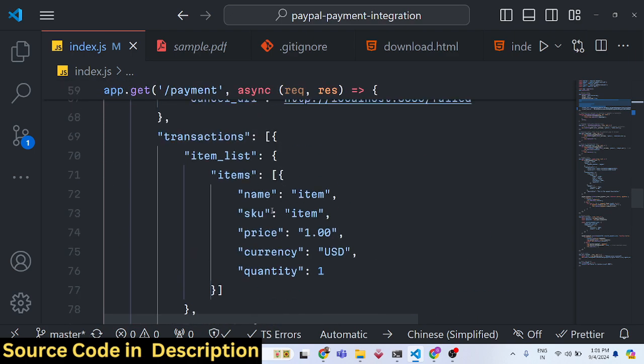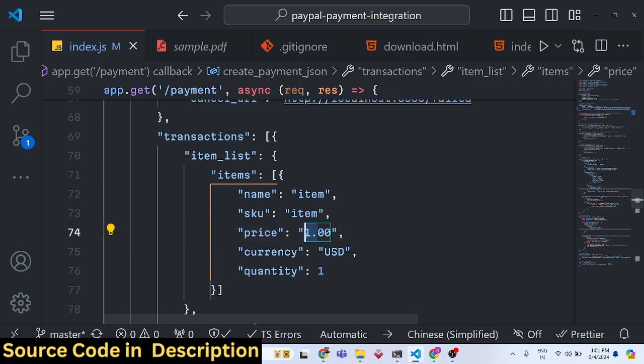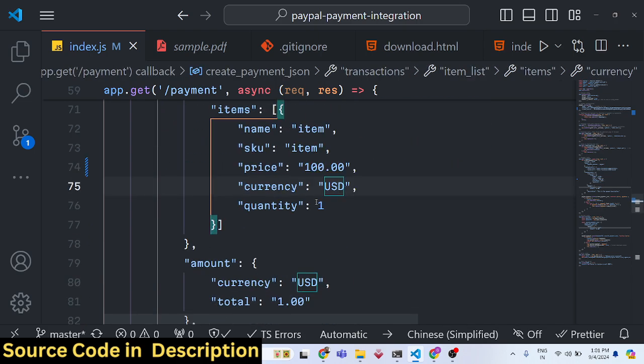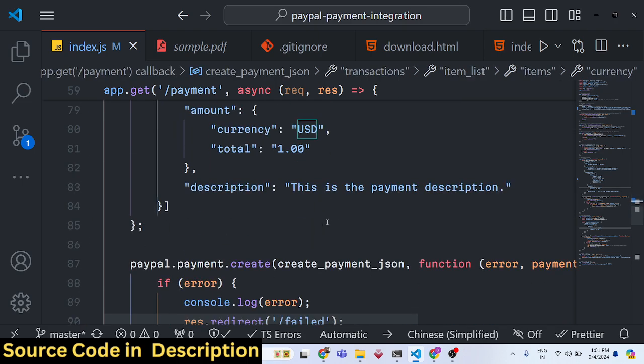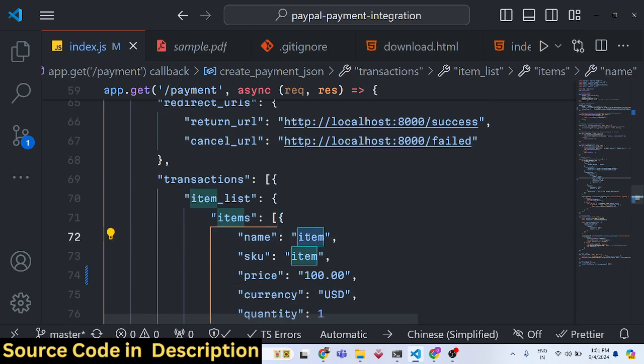So here you can customize everything. You can change the item name, price as well. Let's suppose instead of $1, let me make it $100. And you can even change the currency as well. So PayPal supports, I think 15 to 20 currencies around the world. You can change the currency as well. And you can change the description about the product. You can change the, let's suppose if I show source code,